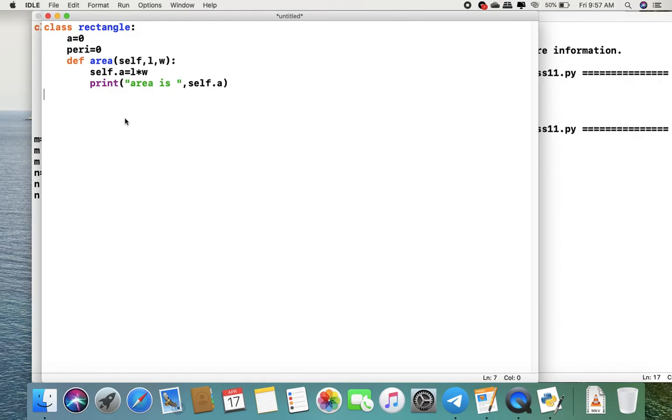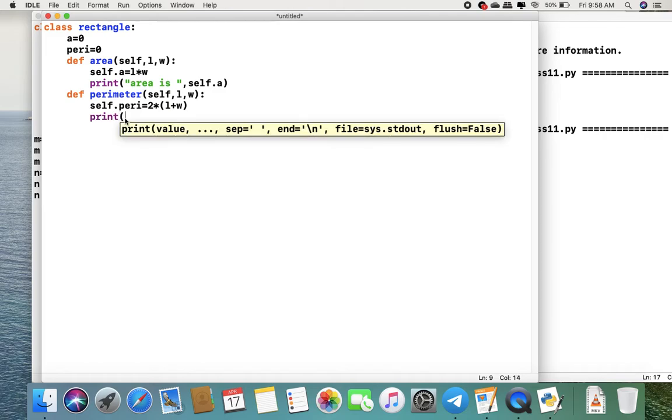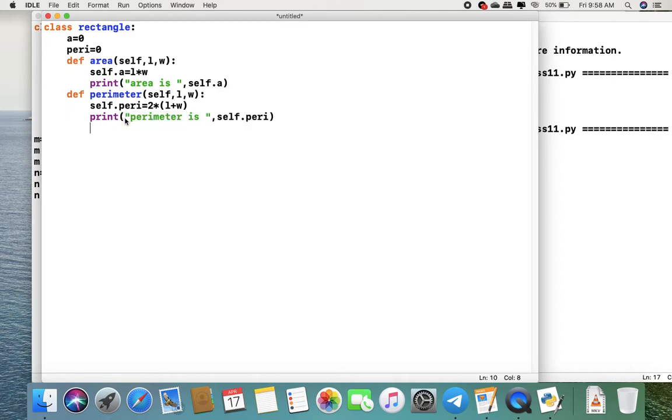Again I write another method, def perimeter(self, L, W). Here I write self.peri equal to 2 into (L plus W), which is the formula for the perimeter of a rectangle. Then I write print("perimeter is").